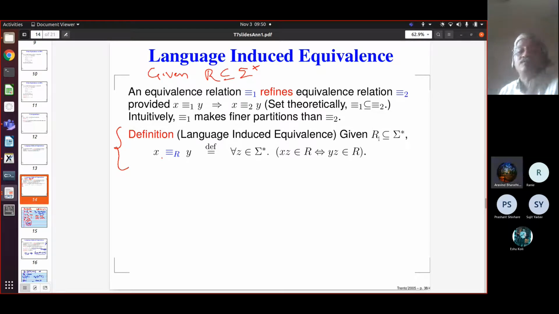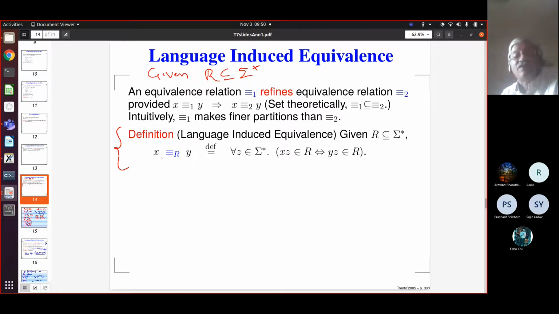In the previous case also, a DFA would give one certain language. The machine equivalence that we define may be different from this language equivalence that you get for that machine. So we are coming in from two different directions: one from the language, and one from the automaton directly. And the result is that the automaton equivalence refines this language induced equivalence. So language induced equivalence is always the coarsest. It gives you the fewest equivalence classes. This is the main content of the Myhill-Nerod theorem.